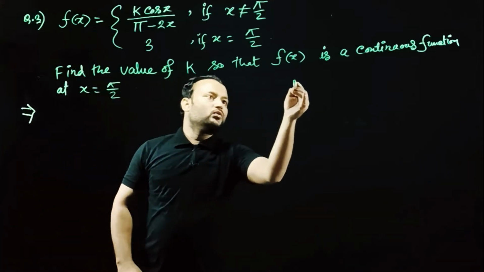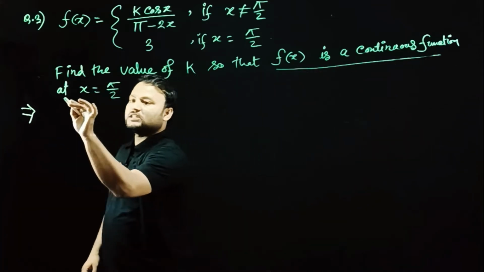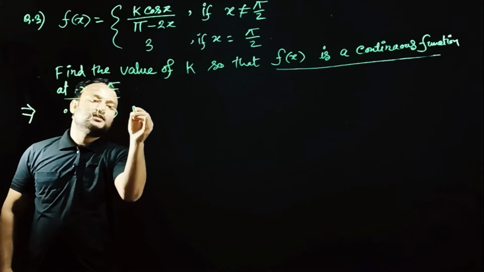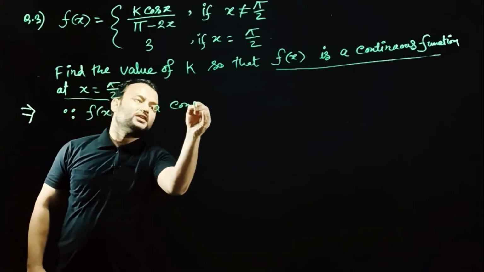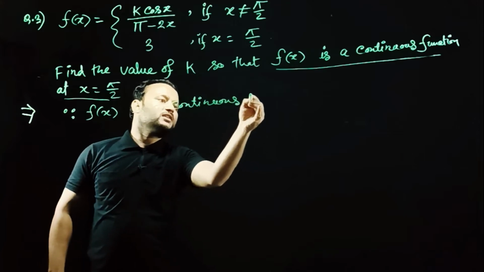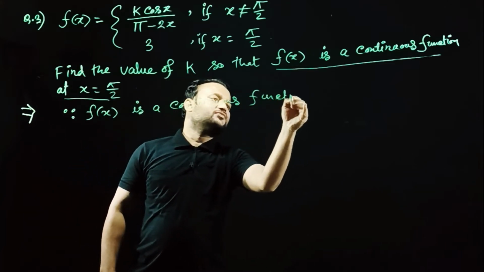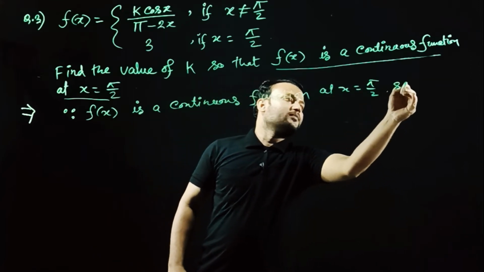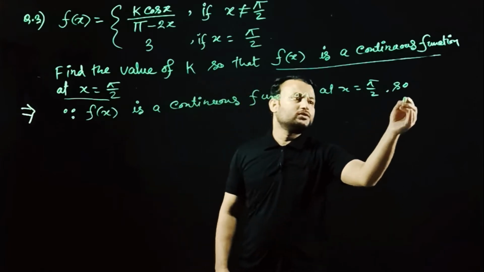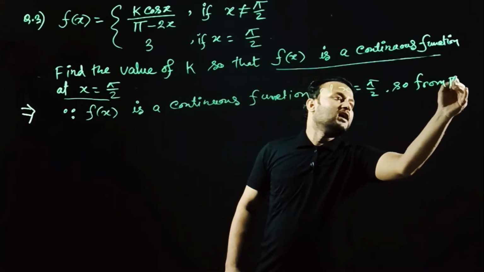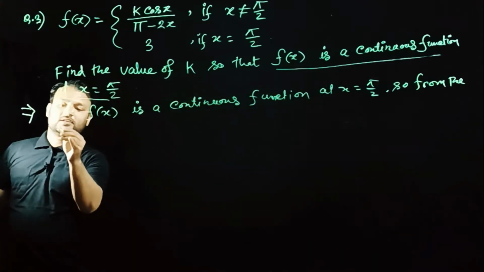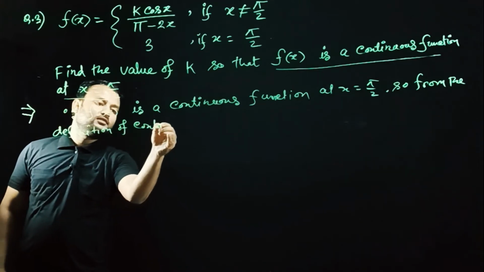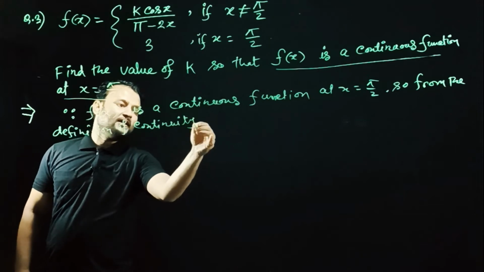Look here, the f of x is given. We mark and underline this and start here. Since f of x is a continuous function at x equal to pi by 2, from the definition of continuity we have